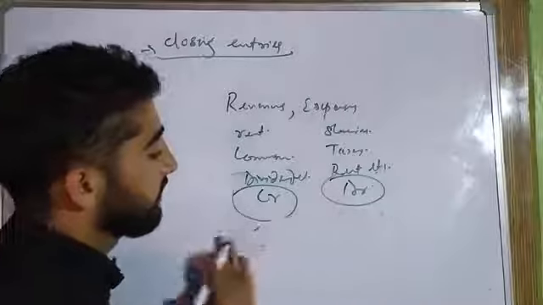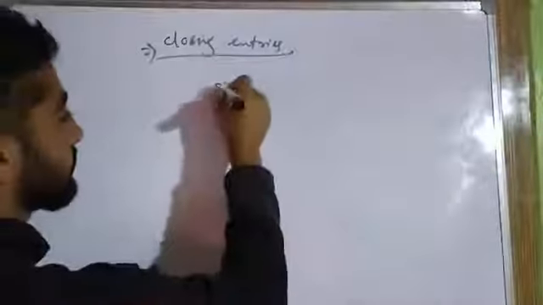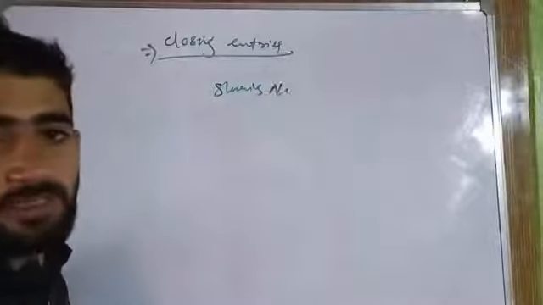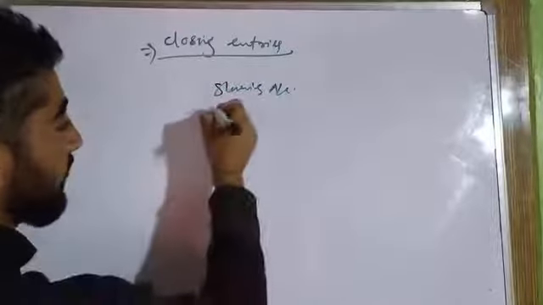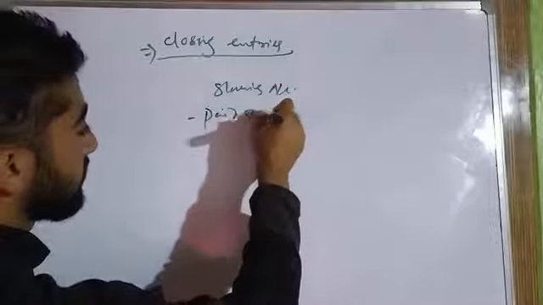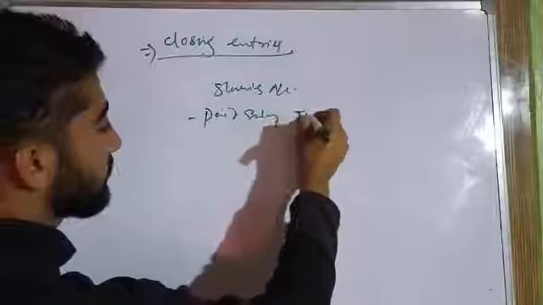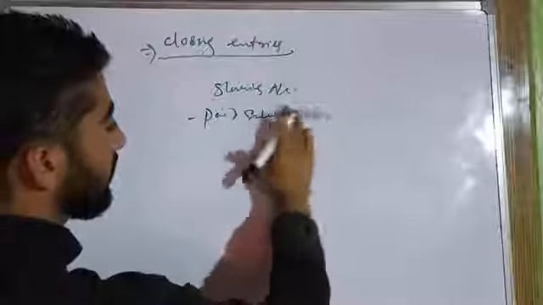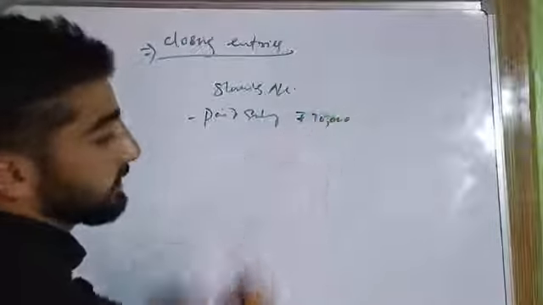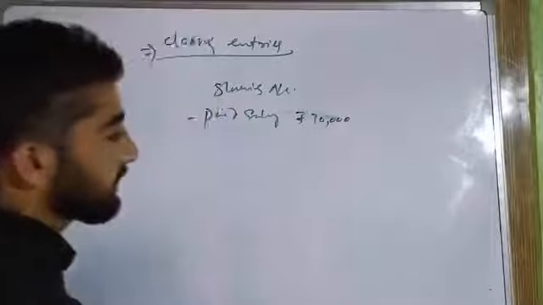You know that, for example, salaries account is an expense. For example, there is a transaction: paid salary rupees 30,000. This is a transaction. At the time of recording this transaction in the journal,